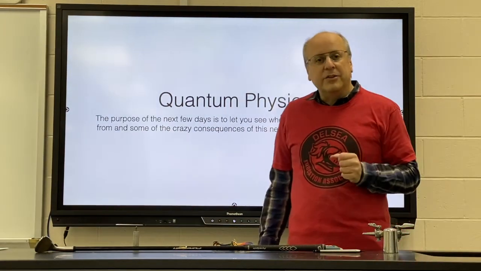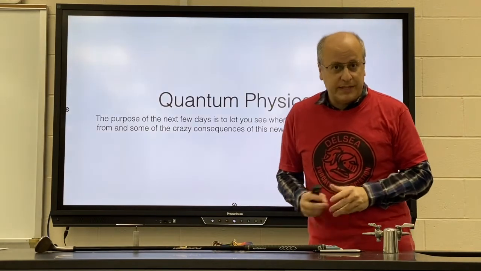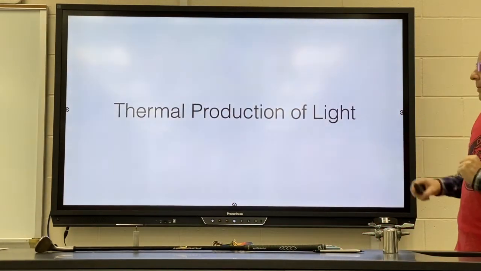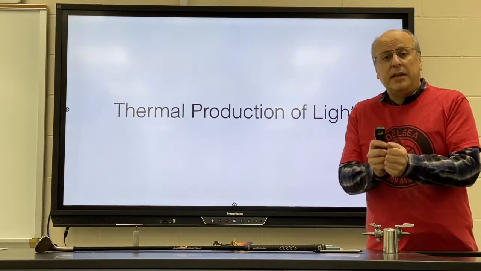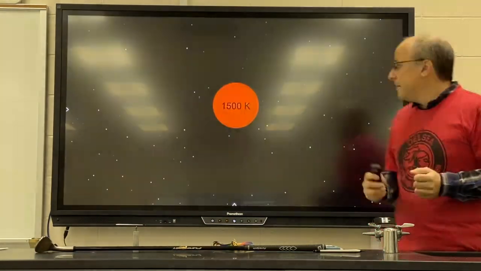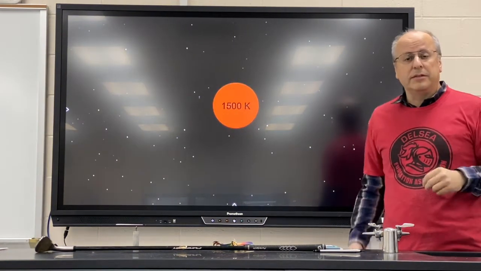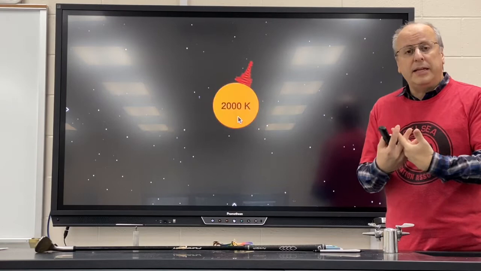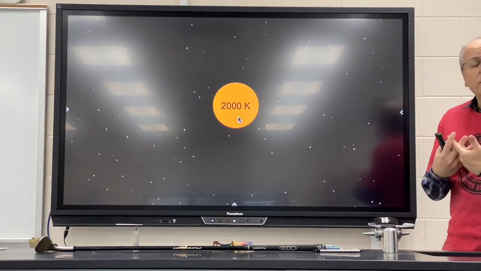Today we take another step on our seemingly never-ending journey to quantum physics. Last time we talked about the thermal production of light. That is, an object gets hot, it glows and gives off light. We saw for stars that temperature determined two things. It determined how much light came off per second in terms of energy, and it also determined what types of